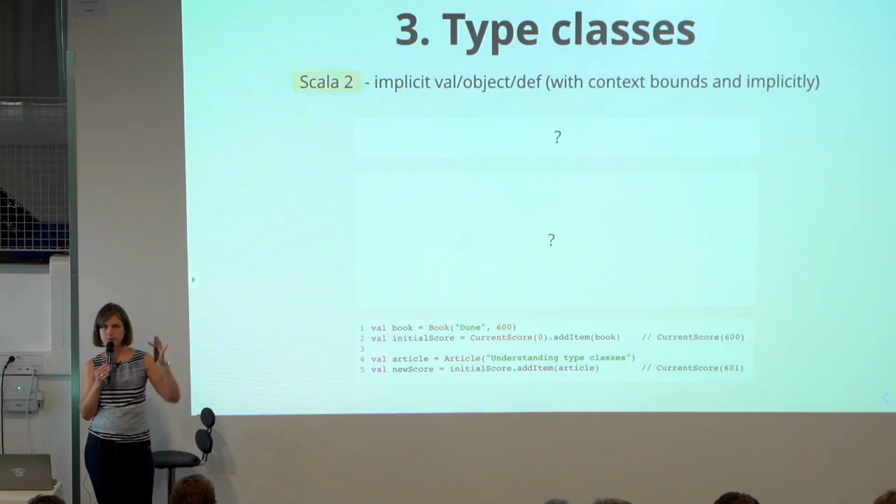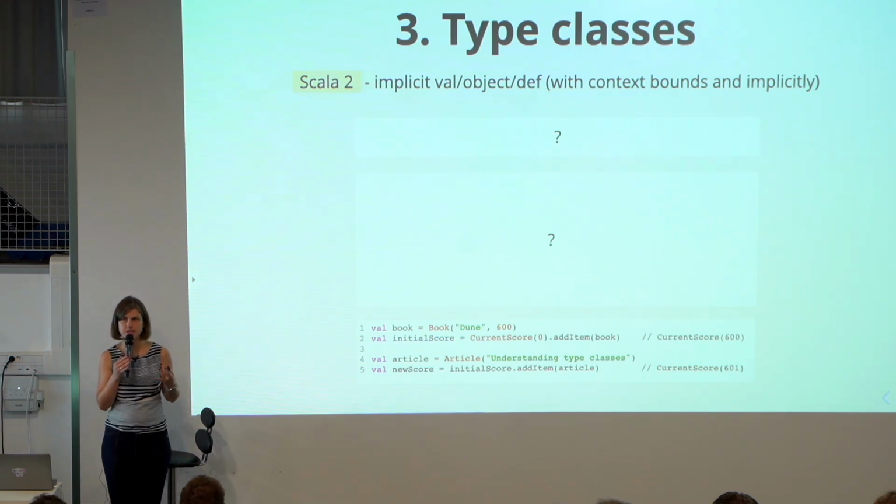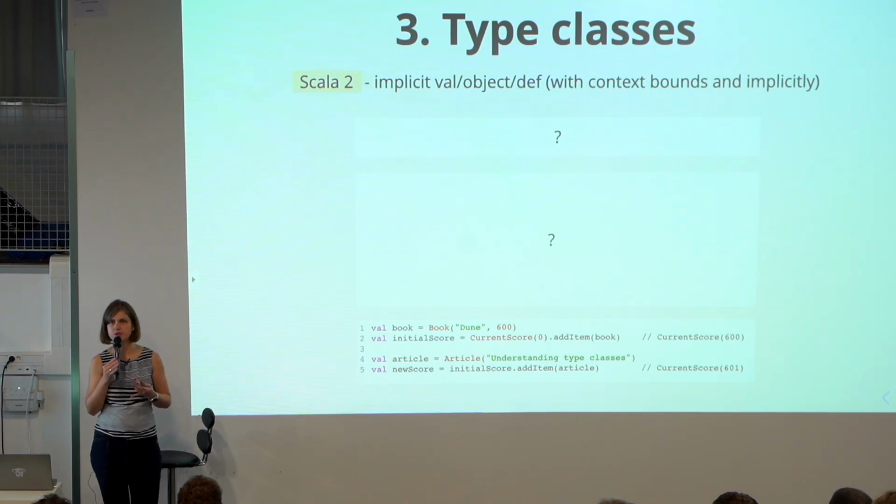If the article and the book had a common parent, then maybe we could consider adding a method to this parent, maybe a trait, and then each of the classes would implement this trait with its own behavior. But it turns out that book and article are totally unrelated types in terms of type hierarchy. So again, we have no control over them, we cannot let them define and extend any traits, implement any traits, and so on. So for this, we might want to use type classes, because what we want to do is